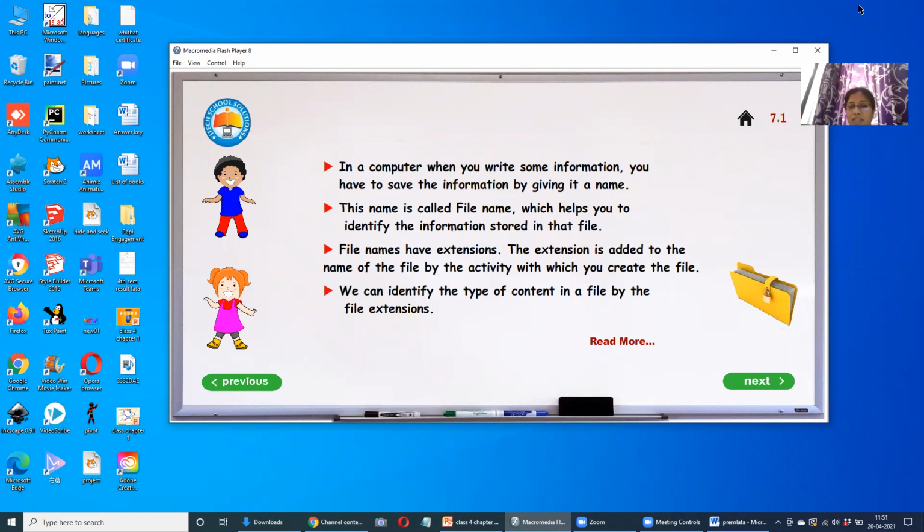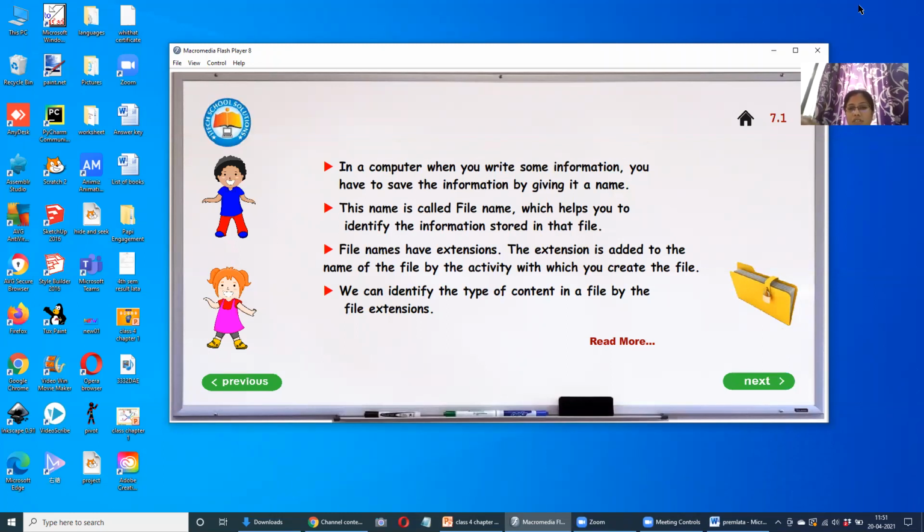Why do we give all this file name? Because it helps us to identify the information which we are storing in that file. Sometimes imagine I'm writing English notes. So what will I put as a name for the file? I'll write English notes as the file name. So the next time when I want to open it, it will help me to open the file easily.